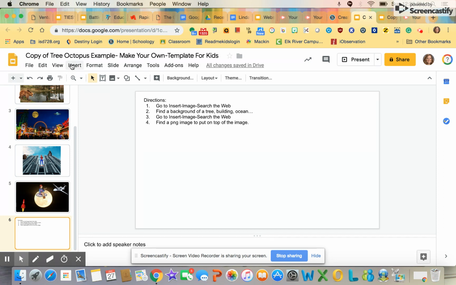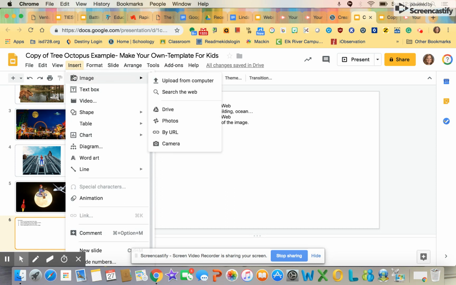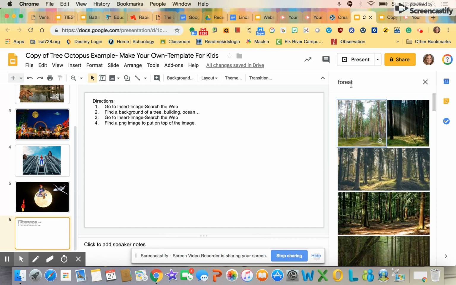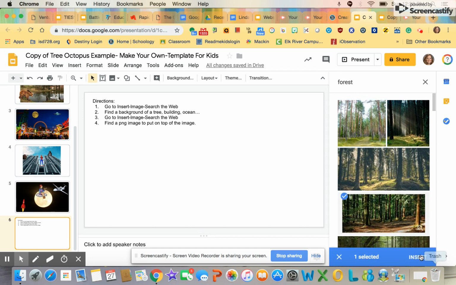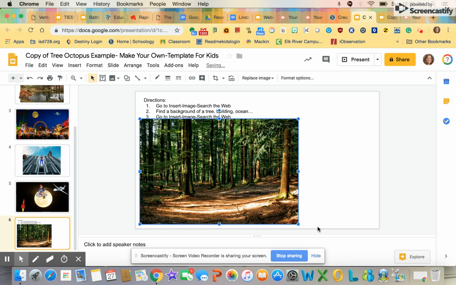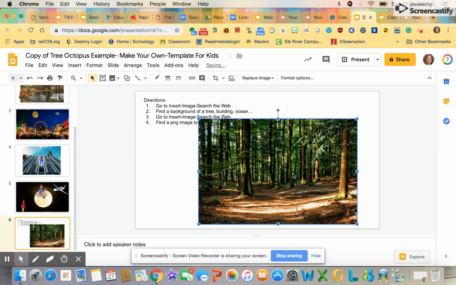I'm going to go to Insert, Image, Search the Web. And I'm going to find a forest for my background. I'm just going to pick one. I think this one right here is really pretty. I'm going to click on it. And then I hit Insert right here. And for right now, I'm just going to scooch it off to the side so I can keep reading the